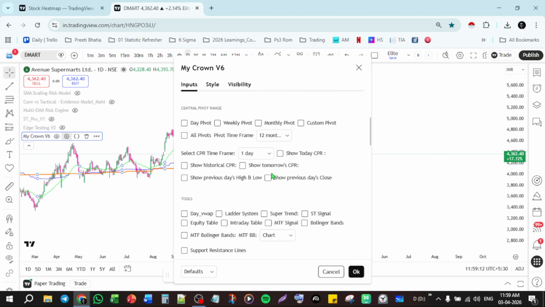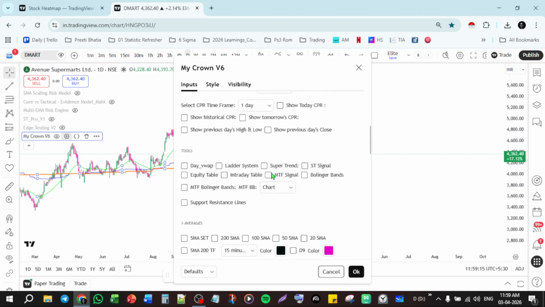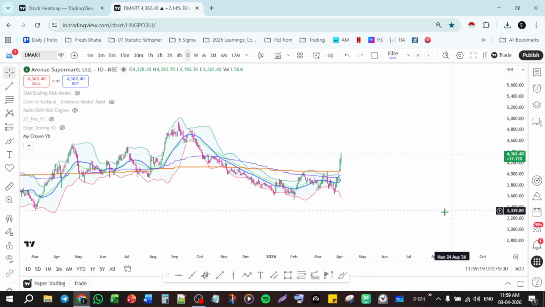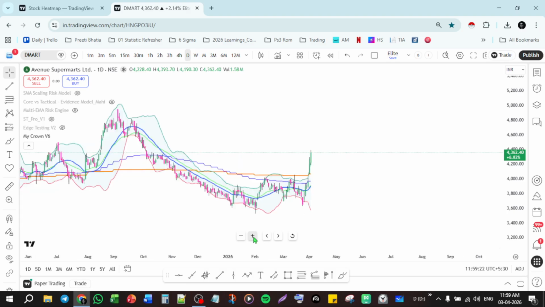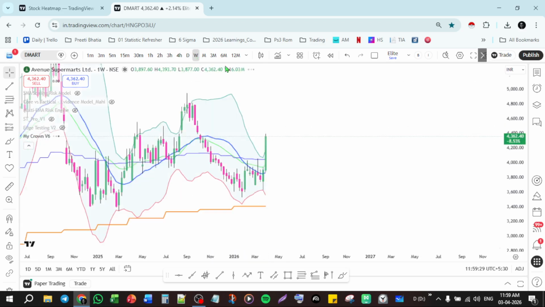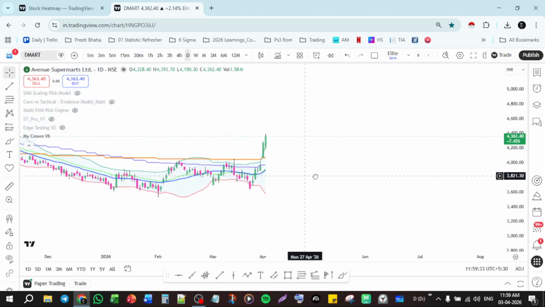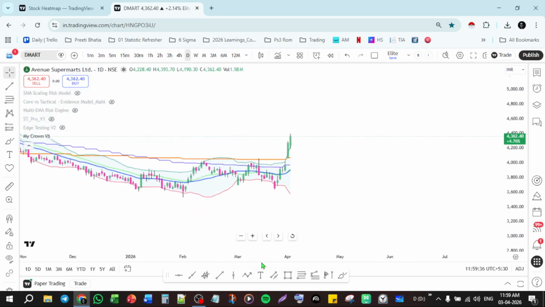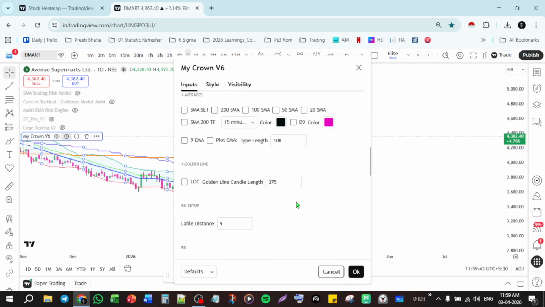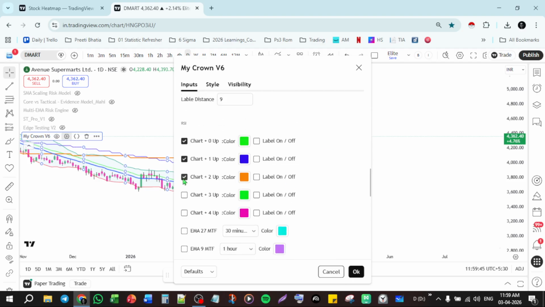Now what I'll do, I will go to my Bollinger Band. Okay, and that will tell me if it's a PPW or not. Yeah, it's a PPW. Okay, so where are we on weekly? Very, very sure. But I will wait for something else. What is that? Mean reversion theory. That is PPW, right?